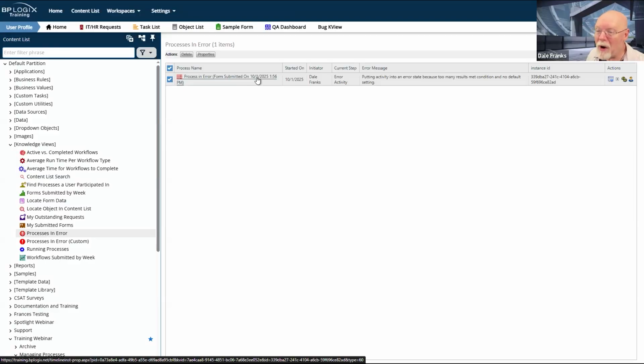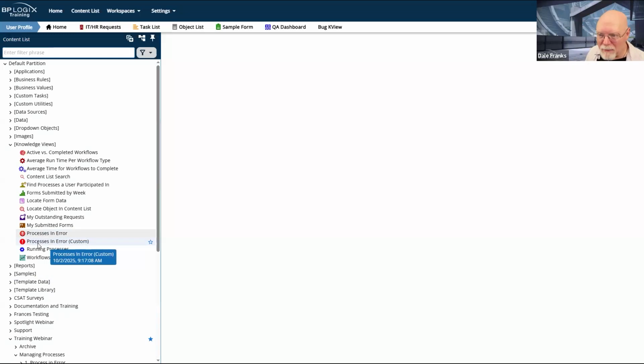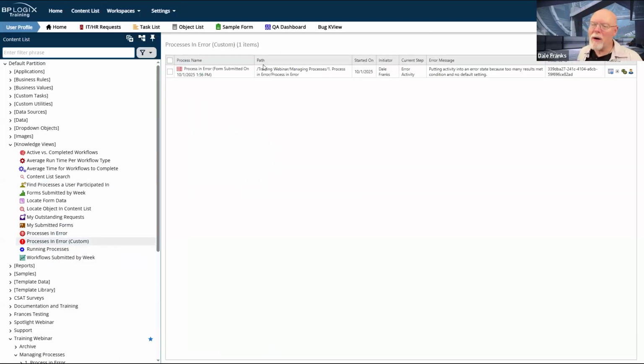But where is it? Where is this process? So the processes in error is fine. Ignore the fact that I hate that icon because it's one of the old bitmap icons. I've customized mine just a little bit because what I really want to know is where this darn thing is.